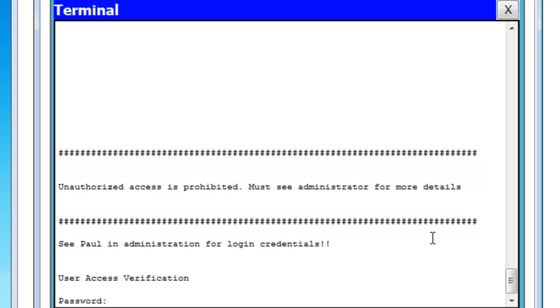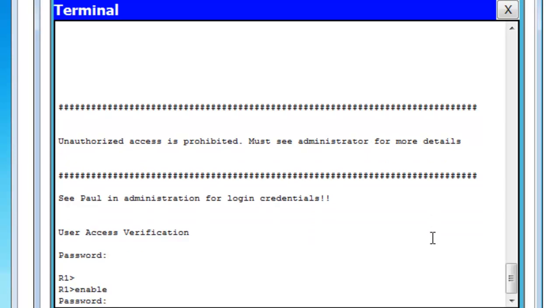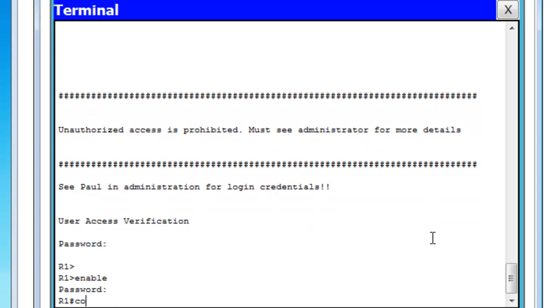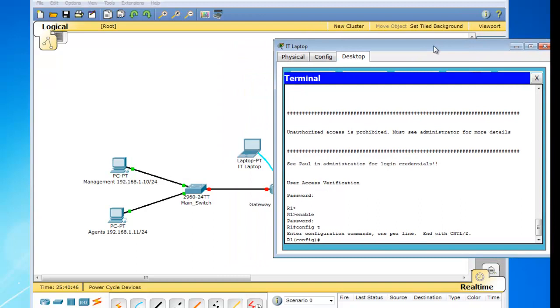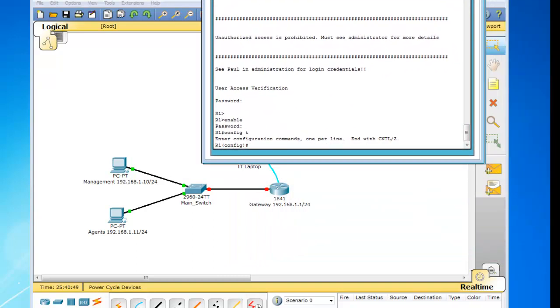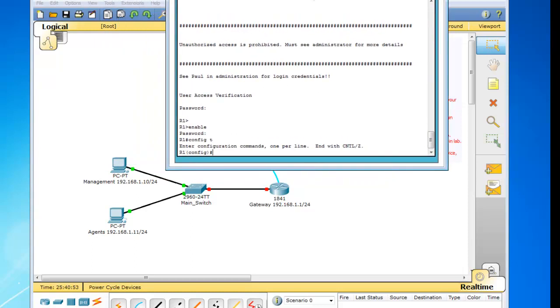Alright, so we want to hit enter, and then type enable, Cisco 123, config t, because now I think our next step is to set up the gateway with the IP address. Alright, so let's move our file over and get a shot here of our network. Alright, so our gateway needs to be